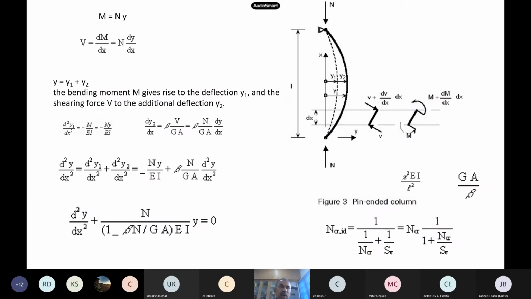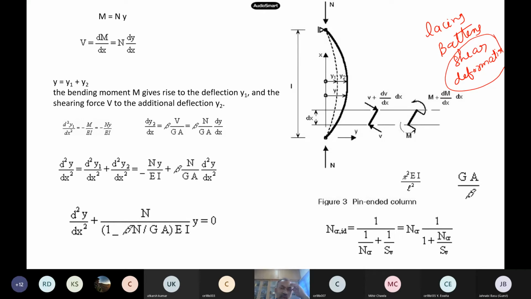Now one most important thing I just wanted to mention here is about built-up columns, essentially lacing and batten columns. Because they are not solid sections, the material is not there in between, since we have arranged them in such a position. The shear deformation becomes very important. For solid columns, shear deformation is not so important, and that is perfectly fine, but it becomes very important for lacing and batten columns.